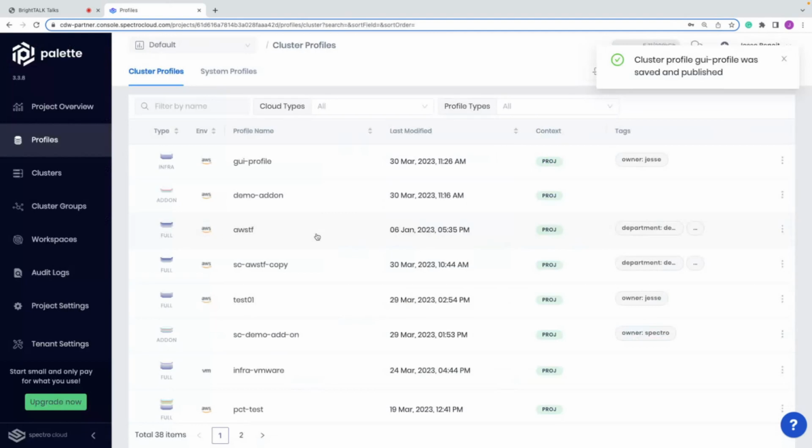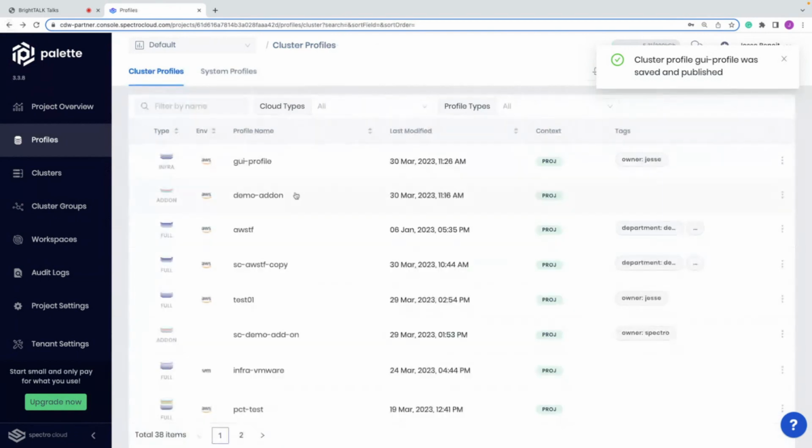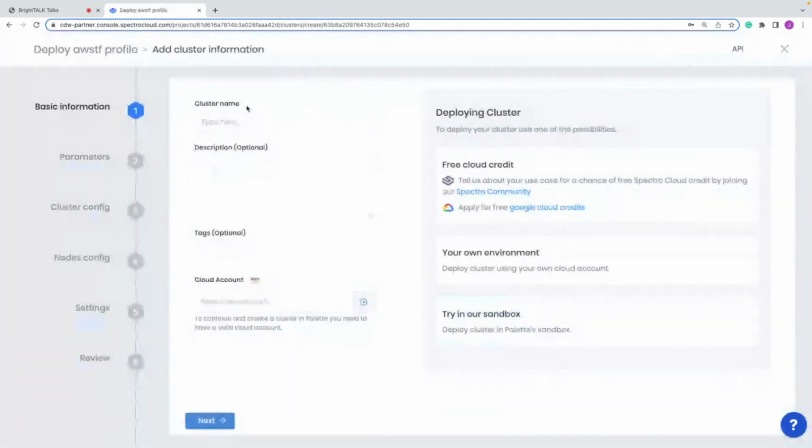So now I have a manual configuration. I can either use that to deploy, or I could just use the Terraform script that was just created by Kyle. So let's do that. I can just hit deploy from here. And now, I'll just name the cluster. Let's call it US West 2.